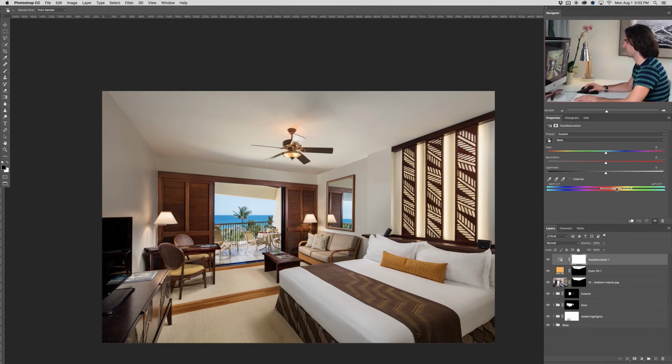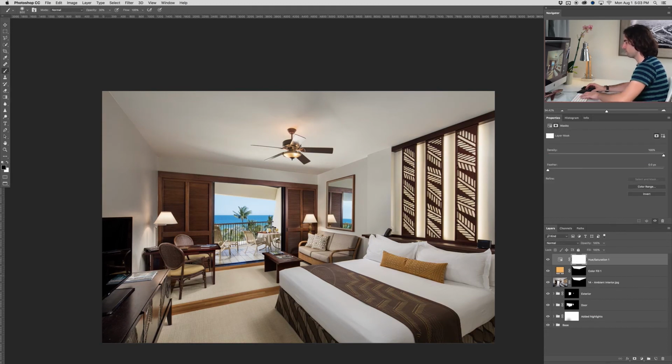So I'm going to drag that slider over and just going to pull down the saturation on those reds and yellows. And you can see what that does. It sort of cleans up the walls, cleans up the yellows, but it's gone a little too far on some of the woods. So taking a brush on that built-in mask that comes with the hue and saturation adjustment layer,